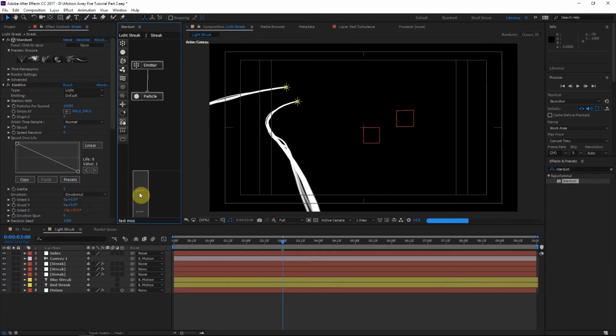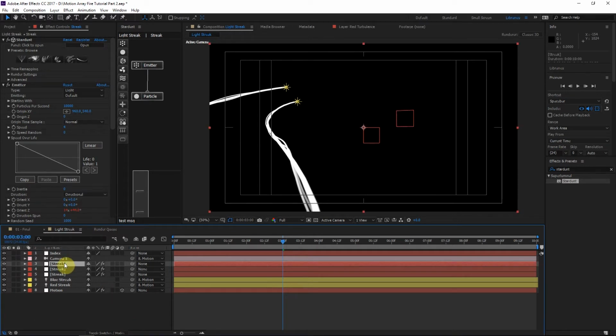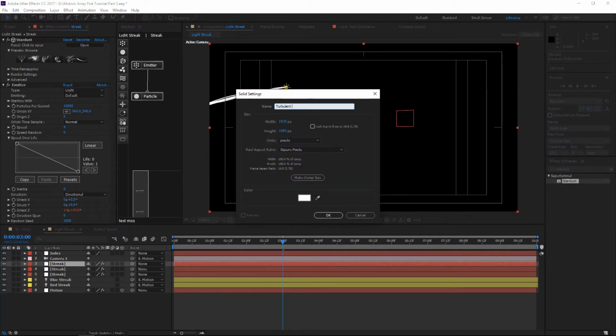And one mindset that's been really helpful for me when creating particle simulations and all that stuff is to mix different types of particles and different types of shapes and substances. So, for example, we have some streaks here, but we also want to add some turbulent particles. And it just creates a really complex result when really it's just 2 or 3 different types of particles. So, there's no right way to do it. You just imagine some kind of different type of particles and try to create it and see how it turns out. So what I'm going to do is create a new solid, and I'll call this turbulent particles, and we'll